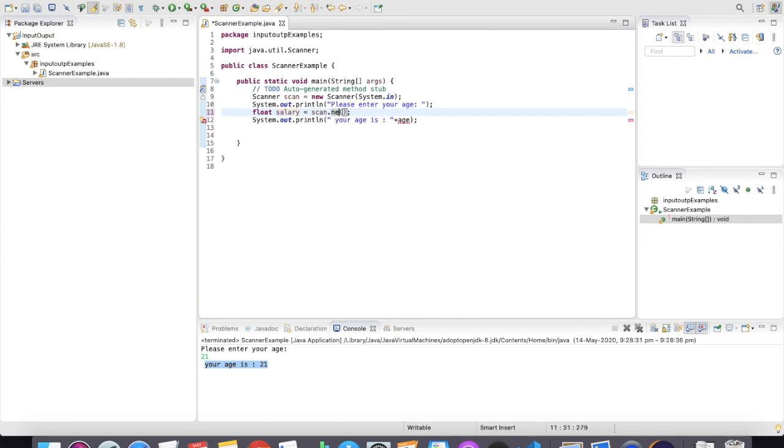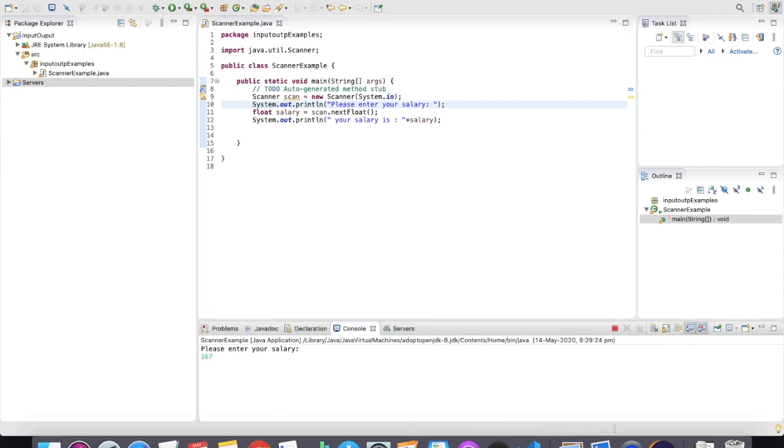Here I'm going to change to nextFloat and just print my salary. I'm going to ask the user to please enter their salary. Save the program and run it. Say, for example, this is my salary, and you can see you are getting the whole salary.